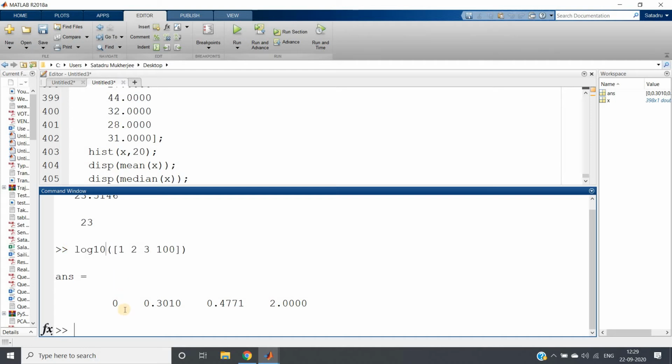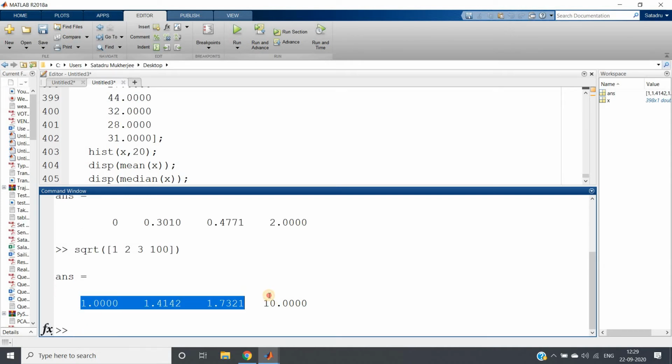So this is one way. You can take log transformation, or you can take square root transformation, SQRT. You can apply it on this data 1, 2, 3 and 100. See here what we are getting. Previously our data set was 1, 2, 3 and 100, a huge difference between 100 and the rest of the values. But when you take the square root, smaller values are not changing that much, the gap is okay, but the larger value is compressed very much and we get 10. The difference between the rest of the data points is decreased, right?